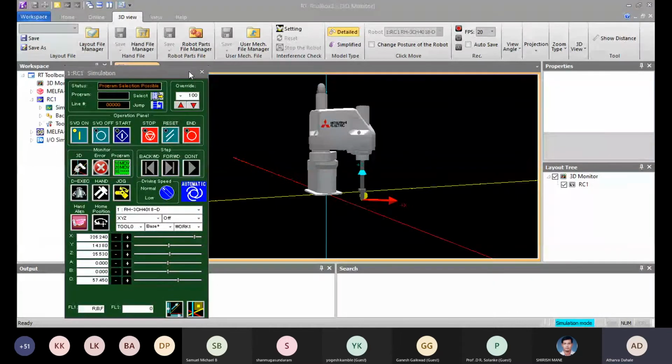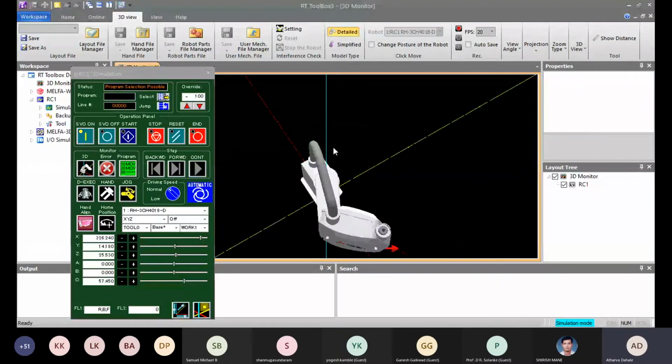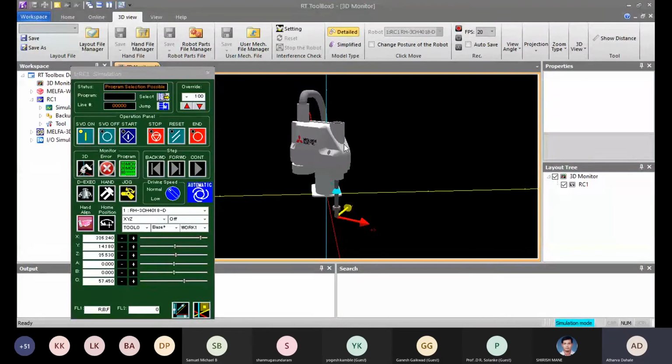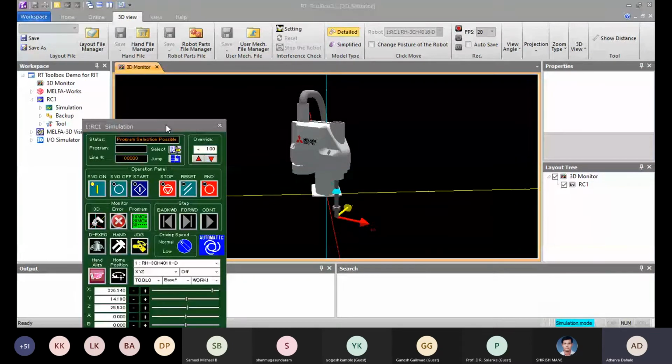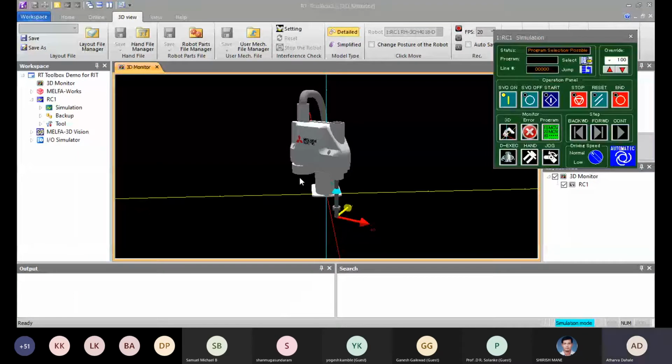Now we'll write a simple program to teach the robot how to make a square. So for that, I click this aside. I have to go to simulation.